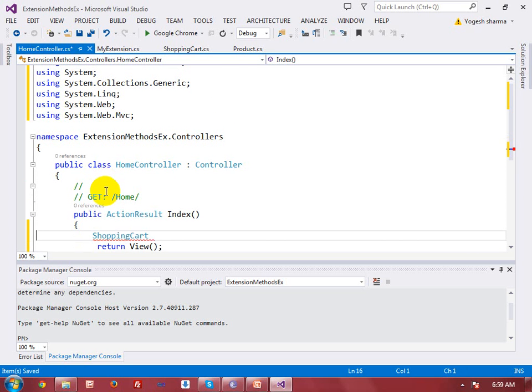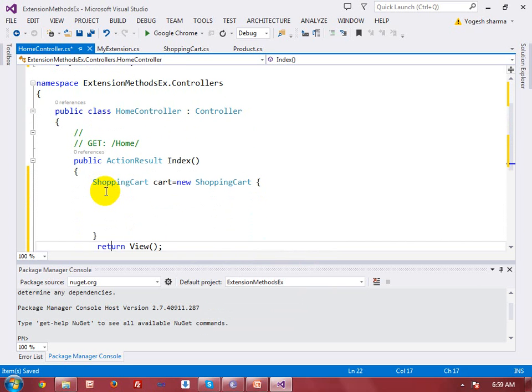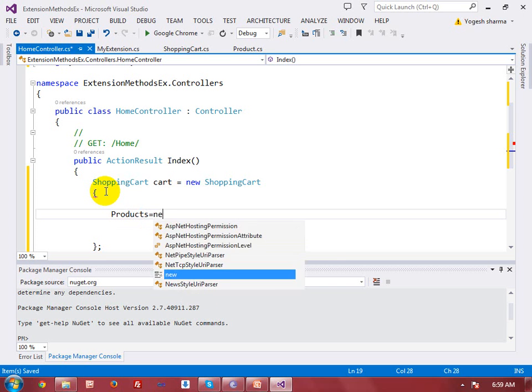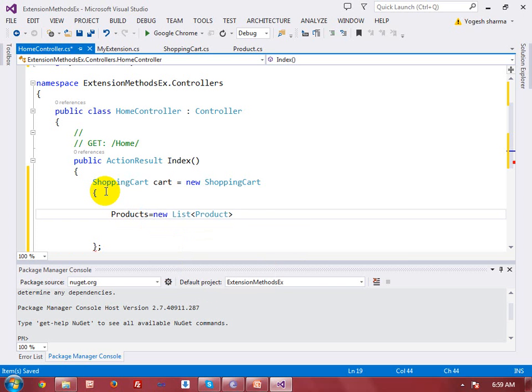So let me create an object cart and new ShoppingCart. I have just created the object of ShoppingCart. Now I want to add some products into my product listing. So I have the Products, initialize it with a list of Product.